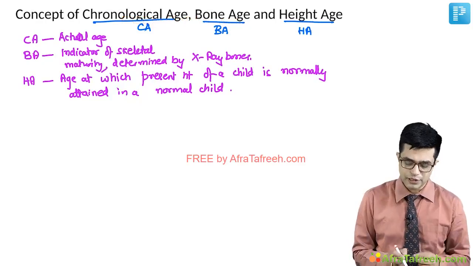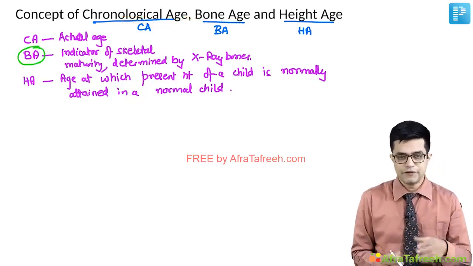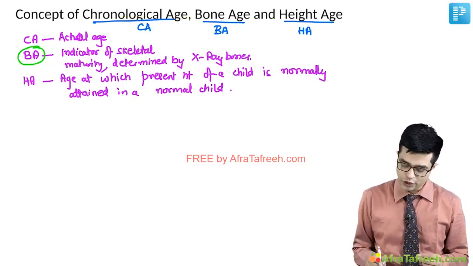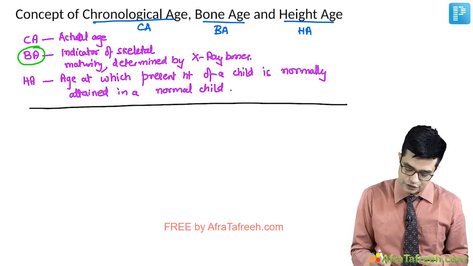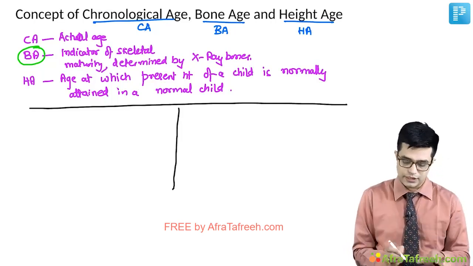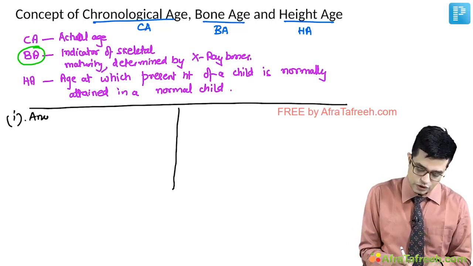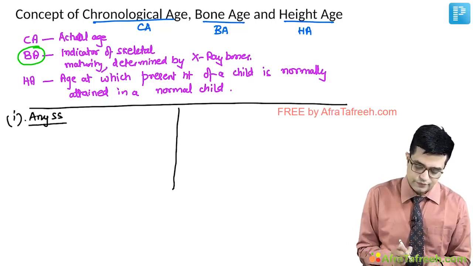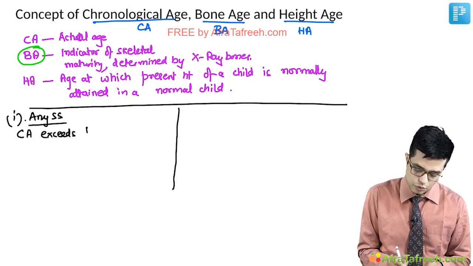The most important among them, which is a first line investigation, is bone age, which gives us a lot of clues. So what is the interpretation that you need to remember? The first interpretation, I'm dividing it into two parts. In any short stature child, chronological age exceeds bone age or height age or both,